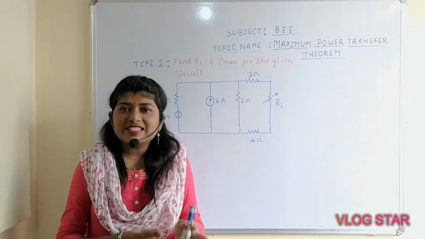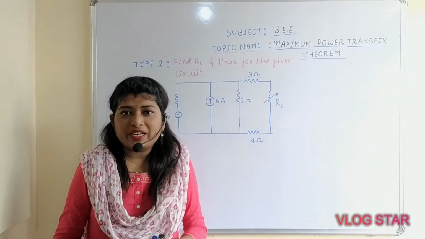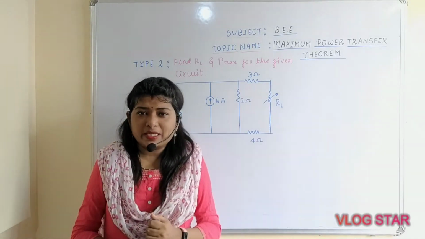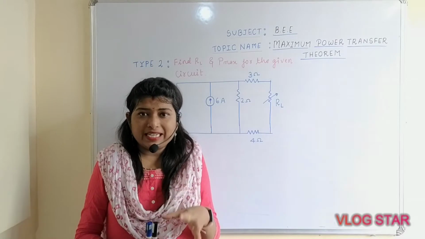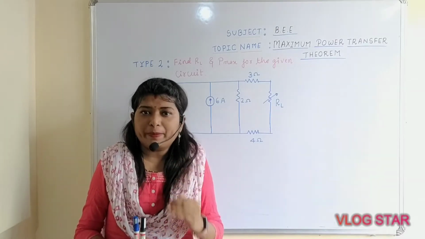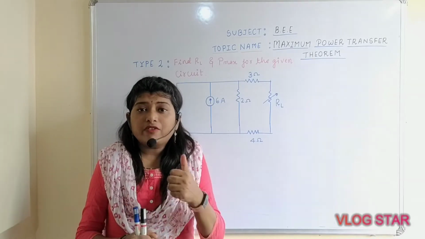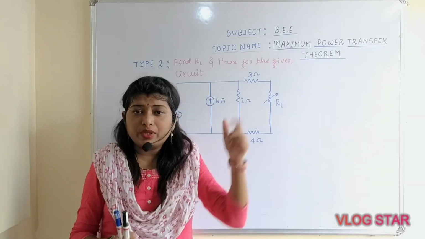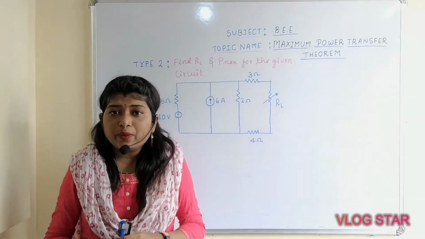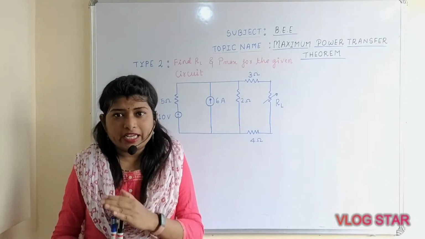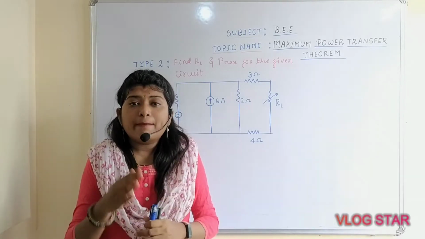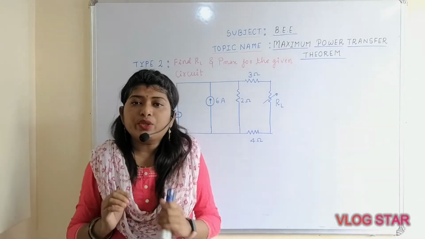Good morning all. In the last lecture we studied type number 1 related to the maximum power transfer theorem. What had we studied under the maximum power transfer theorem? Basically, in the maximum power transfer theorem we have to calculate three important parameters. Which are they? The first important parameter is VTH. The second one is RTH, and with the help of VTH and RTH you need to calculate the maximum power flowing through the circuit.